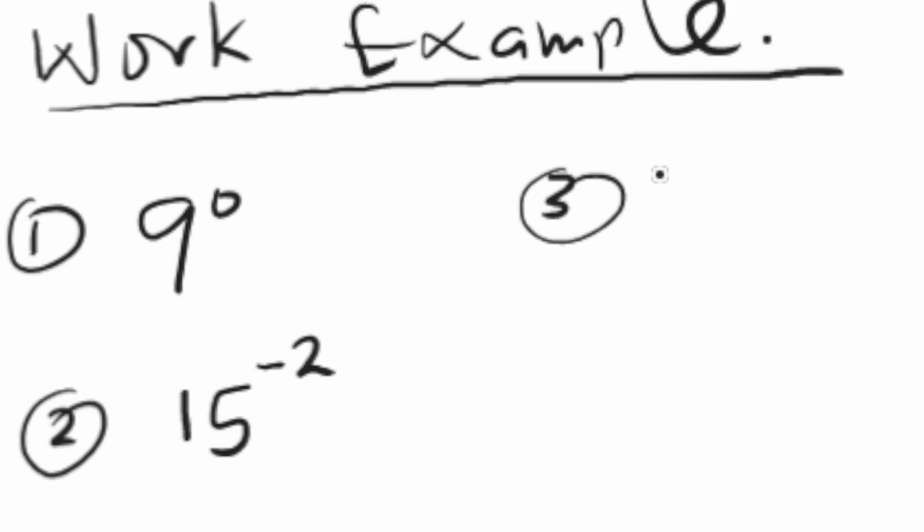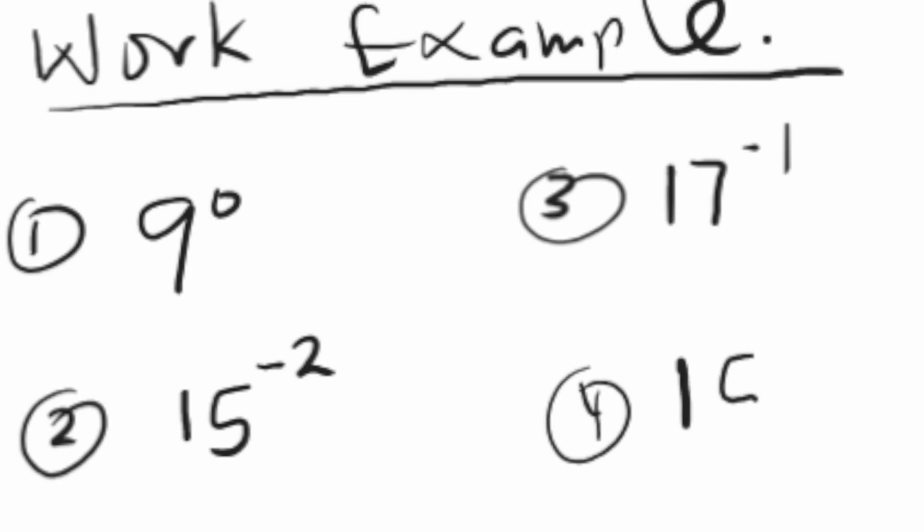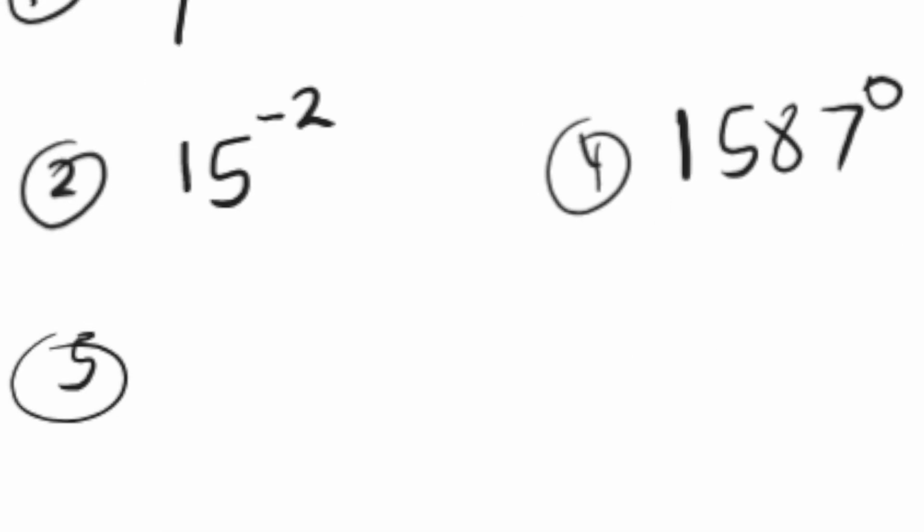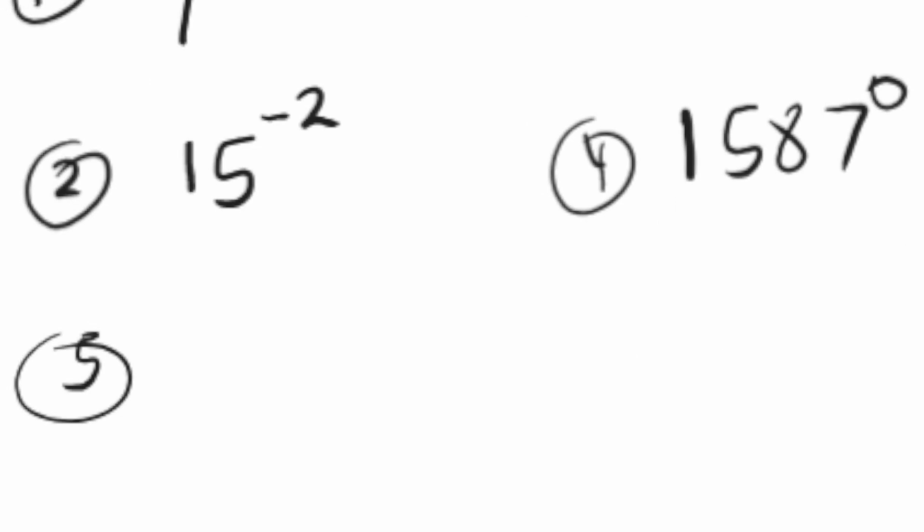What is 17 exponent negative 1? 4. 1587 exponent 0. 5. What is going to be